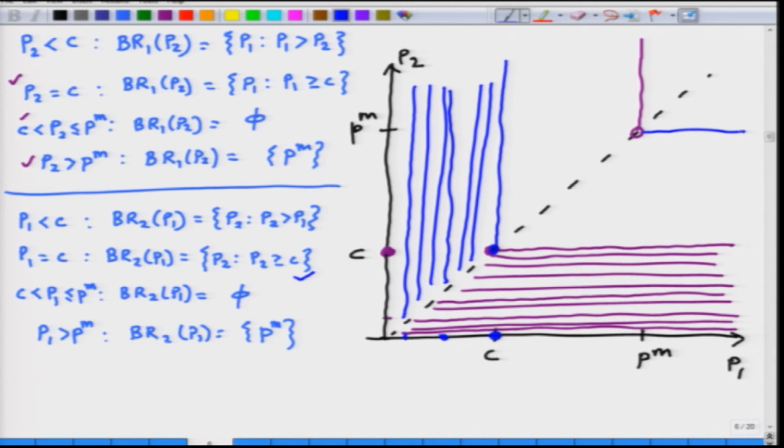Right. So, now notice the Nash equilibrium is where the two best response functions intersect. Now, where do the two best response functions intersect? The purple and the blue one, there is an intersection point where both of them overlap. So, P1 star, P2 star equal to C comma C is the Nash equilibrium,